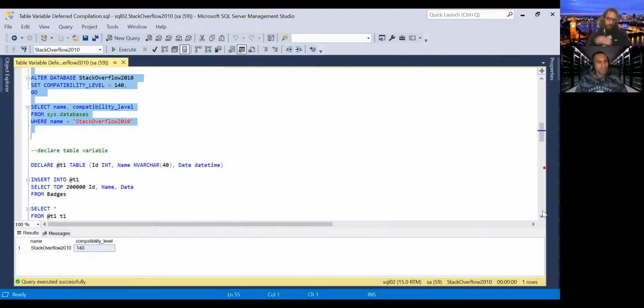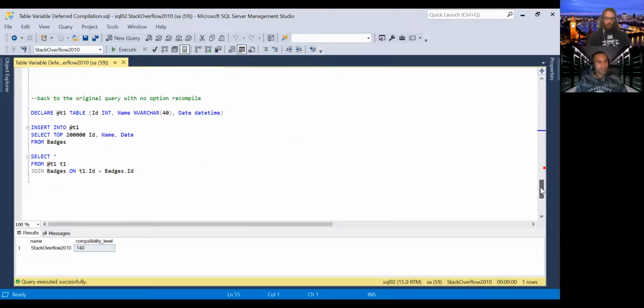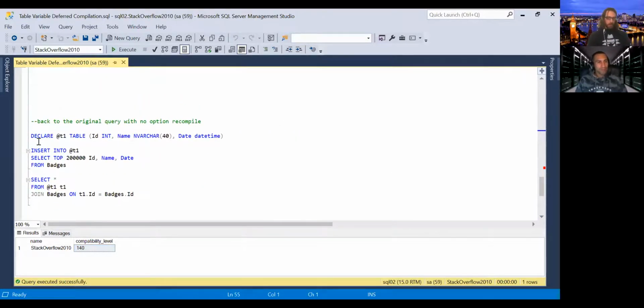Okay, so let's have a look at table variables in the old way of doing things. I'm going to declare a table variable and insert 200,000 rows from the badges table in Stack Overflow. Then a simple, really contrived query, just for this example: I'm going to join that table variable back onto the original badges table. Okay, so if we just run that off,